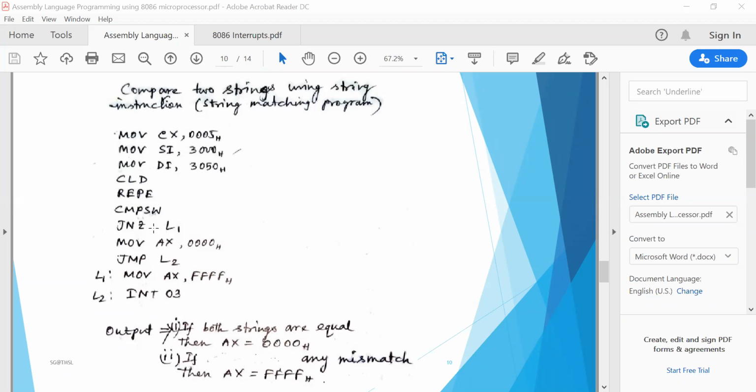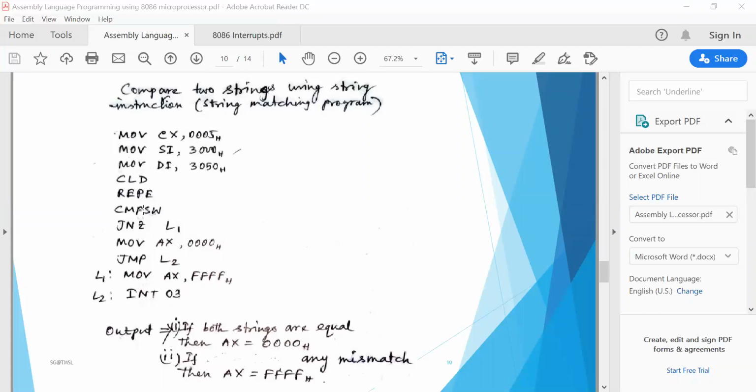But if the zero flag is set, all the bits are equal, and then you go to the instruction that shows 0000 on the display, because all the string bytes are matched. Then you go to the last instruction to stop your execution. That's why JMP L2 is there.